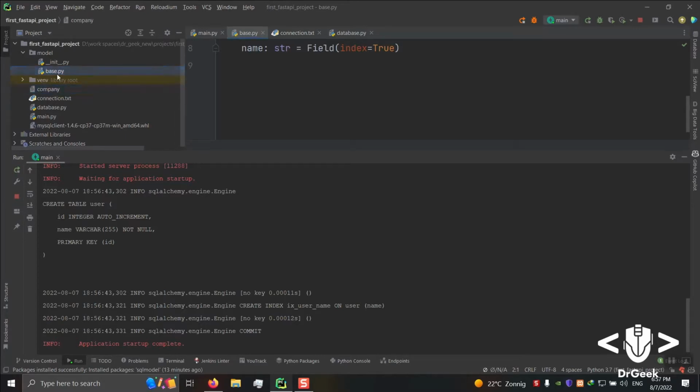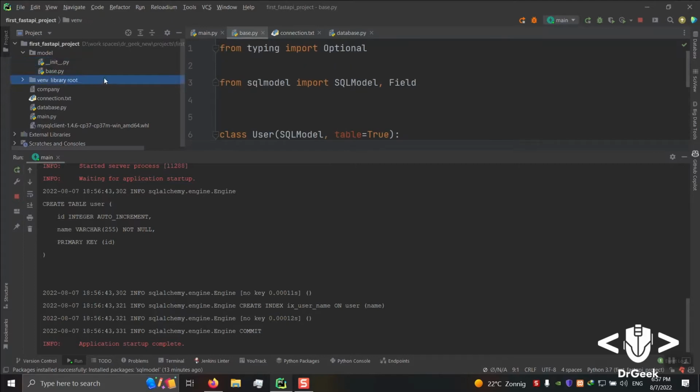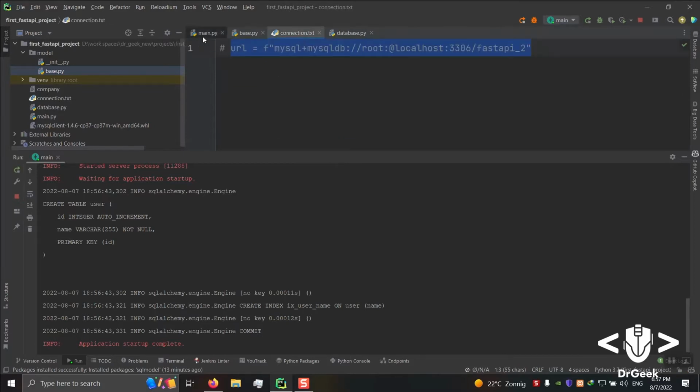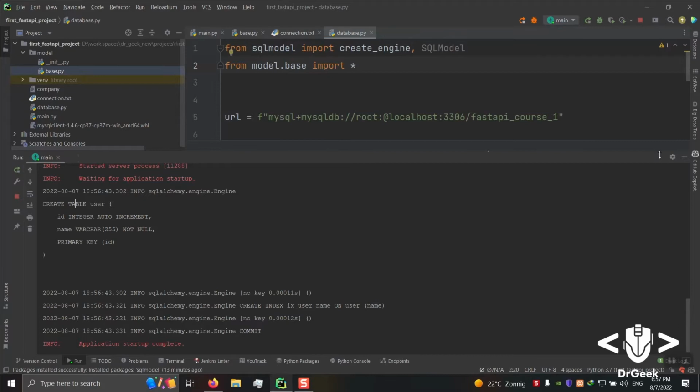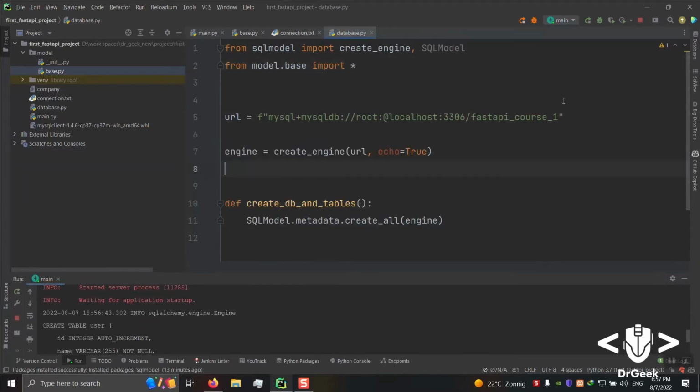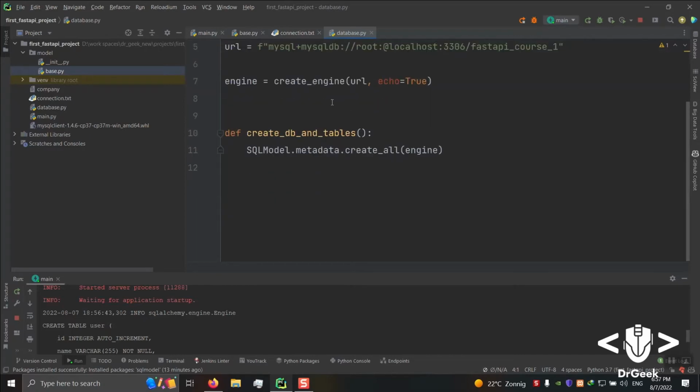After you build your models in your Python file, you just import them into your database file. Super simple, and that's all. The rest of the things are going to be done by SQLModel itself.